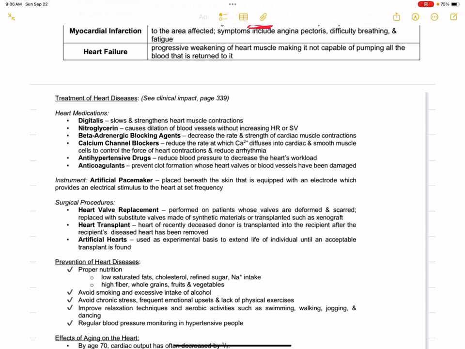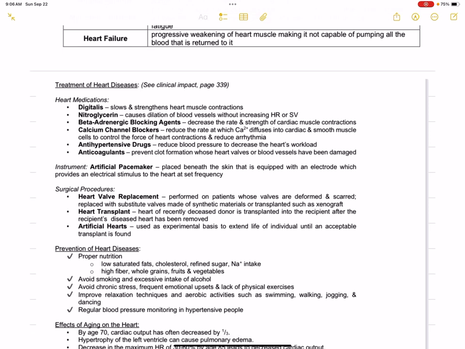So, digitalis medication slows and strengthens the heart muscle contractions. Then, nitroglycerin causes dilation of blood vessels without increasing heart rate or stroke volume. Beta-adrenergic blocking agents decrease the rate and strength of cardiac muscle contractions, and calcium channel blockers reduce the rate at which calcium ions diffuse into cardiac and smooth muscle cells to control the force of heart